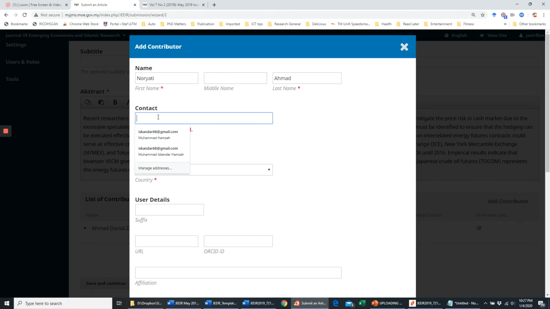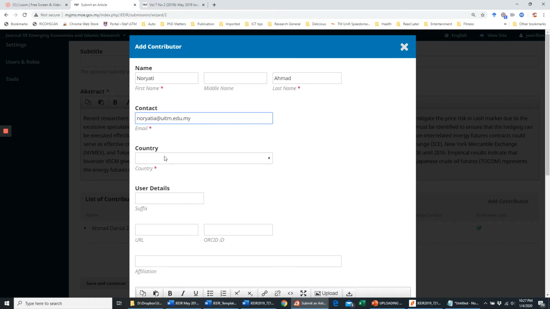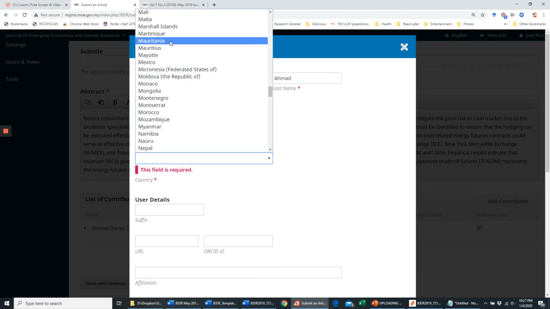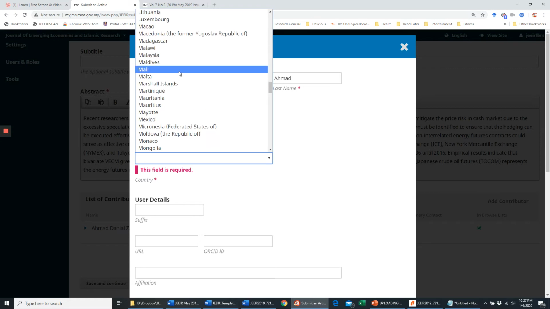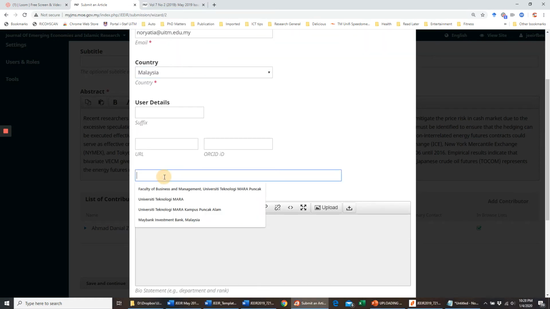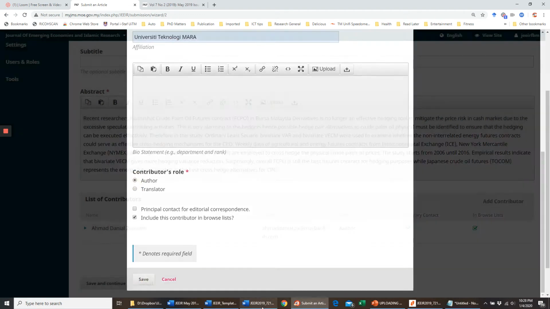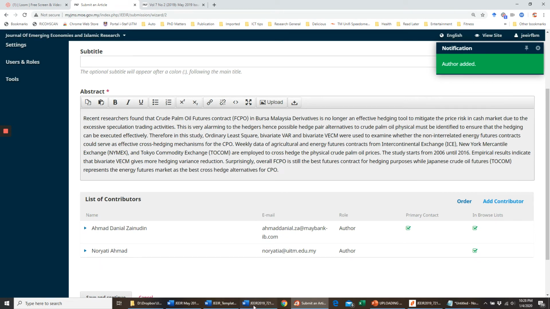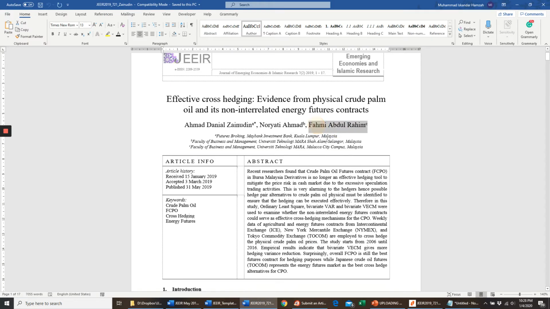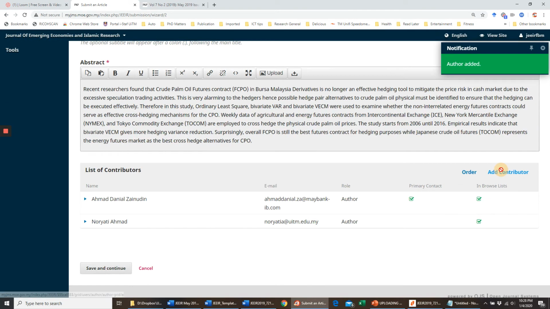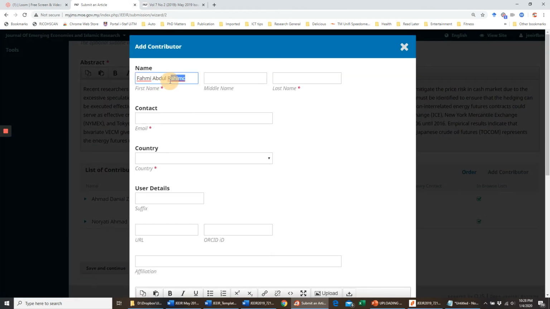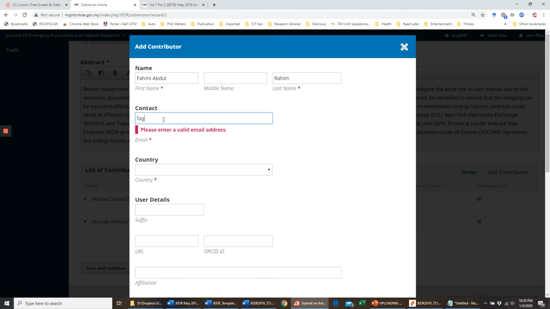So put her email address, if not mistaken, it's mariati@uitm.edu.my. Country, you put here, of course, Malaysia. Okay. Affiliation, of course, it's Universiti Teknologi MARA, author. Click save. Another author has been added, and the last author here is from UiTM Malacca. Click add contributor, write his name in. All right. Email, let's say his email is